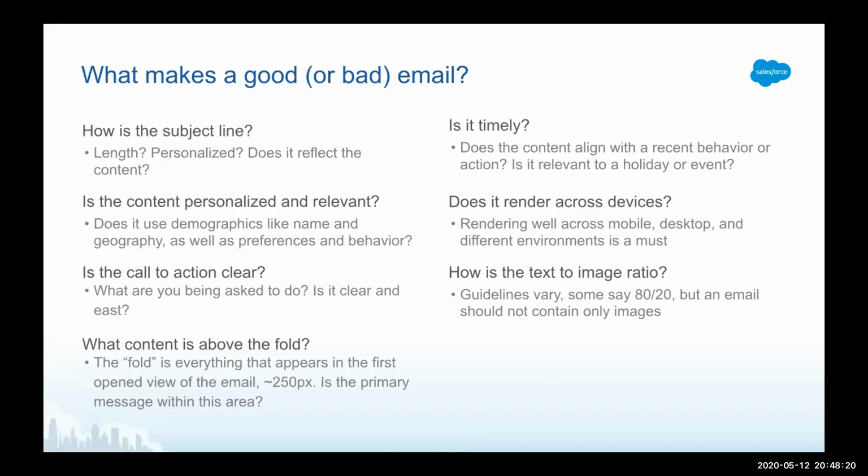You want to be able to pause and say, are we personalizing the email? How many times are we personalizing this? Is the call to action clear? Is it timely? Wait, before we send it, let us make sure that we test the email, make sure that it renders across all devices. If somebody sends you an email that is image only, you should pause and say, well, email best practice says if we send this, there's a high possibility that the email is going to get blocked by Gmail. You want to use these email best practice rules and apply them in everything that you do.